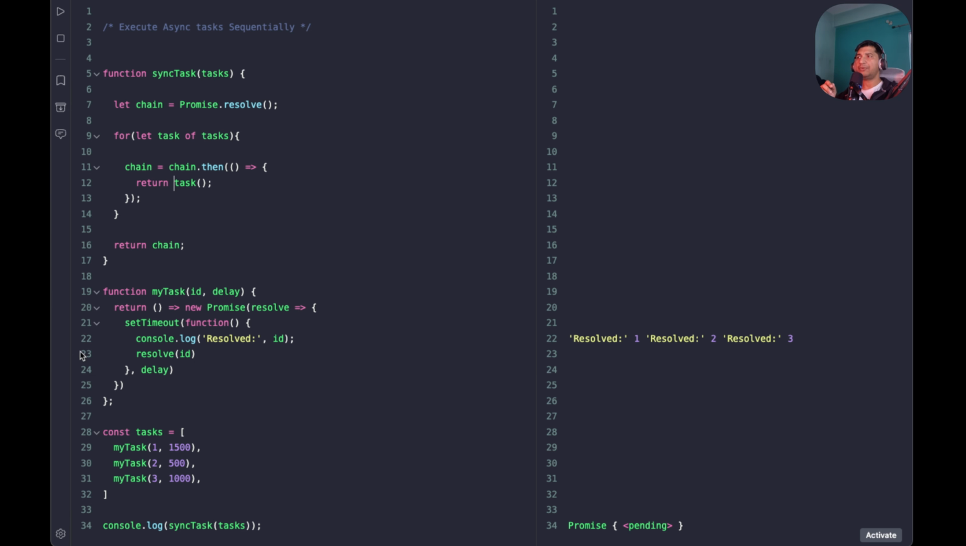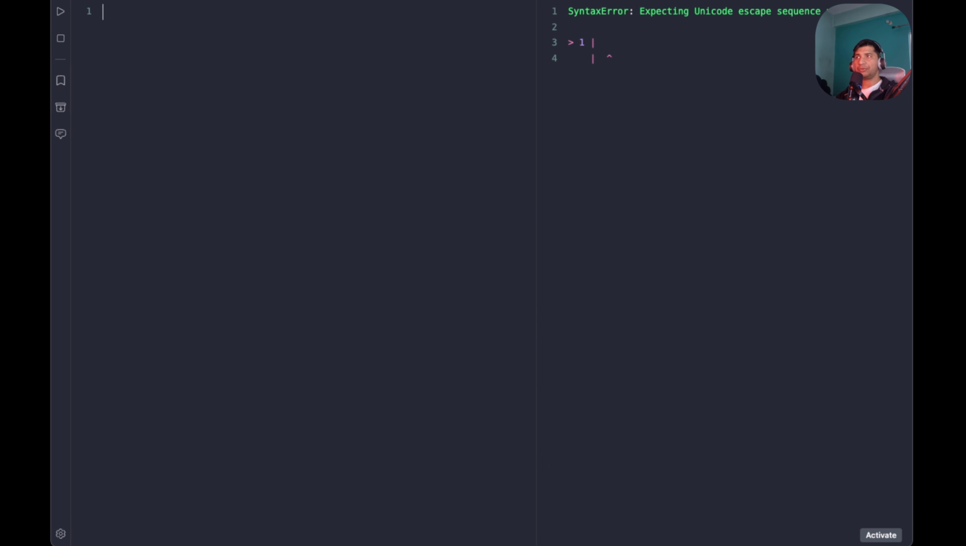Now time to move to our final question, which is about the polyfill. And today we are going to solve a very interesting question, asked by many of the service-based IT companies these days, which is the polyfill of reduce. Okay, so let's come here. The problem is